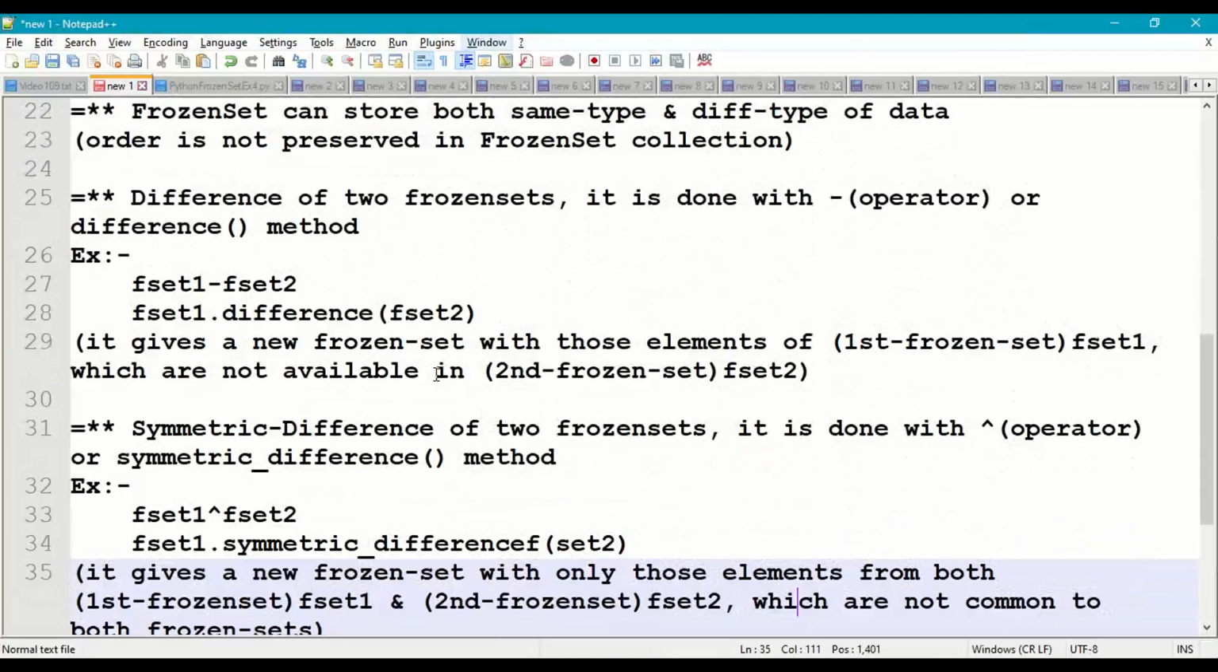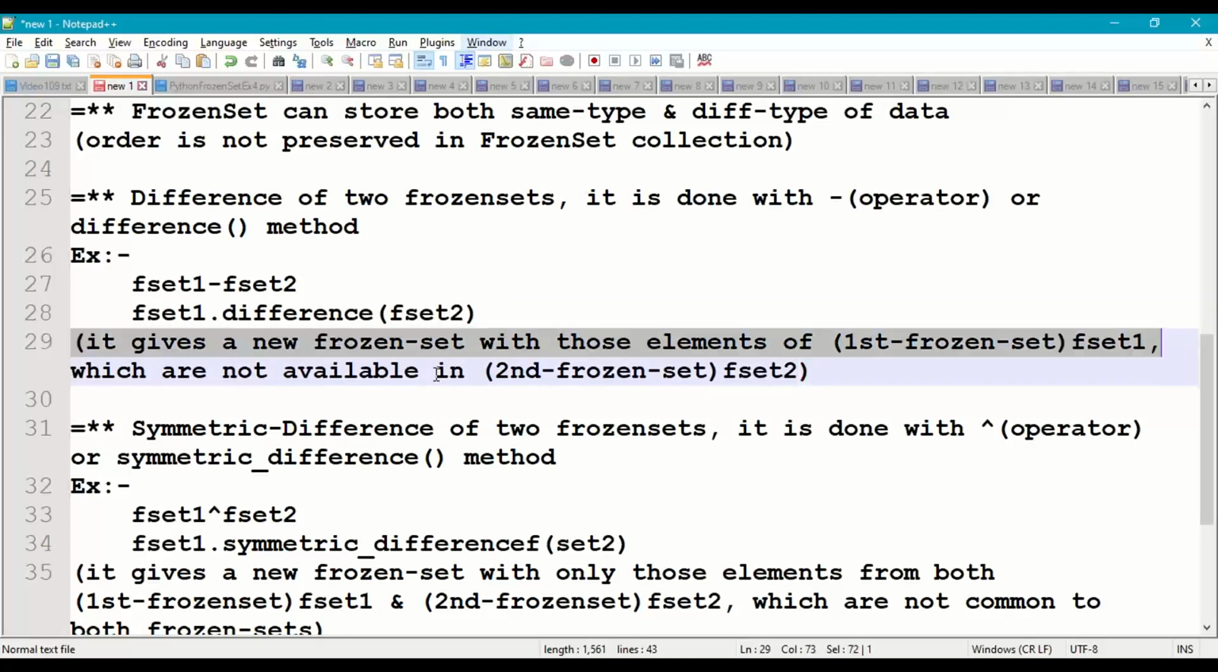So now coming to the difference of FrozenSet. It is done with the minus operator or with the difference method. Example, fset1 minus fset2 or fset1.difference(fset2). So here it gives a new FrozenSet with those elements of the first set which are not available in the second set, which means only those elements of FrozenSet1 which are not available in set 2, and it does not